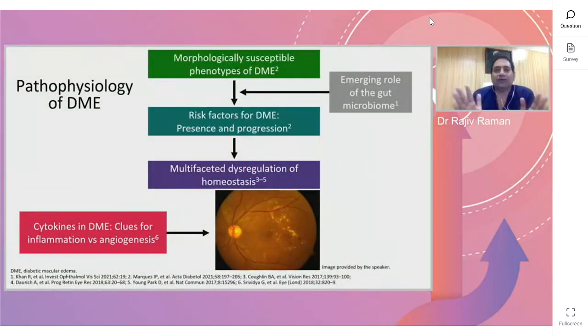So, if you look at the pathophysiology of DME, there are morphologically susceptible phenotypes of DME. There is some emerging role of gut microbiome playing a role. Then we have,